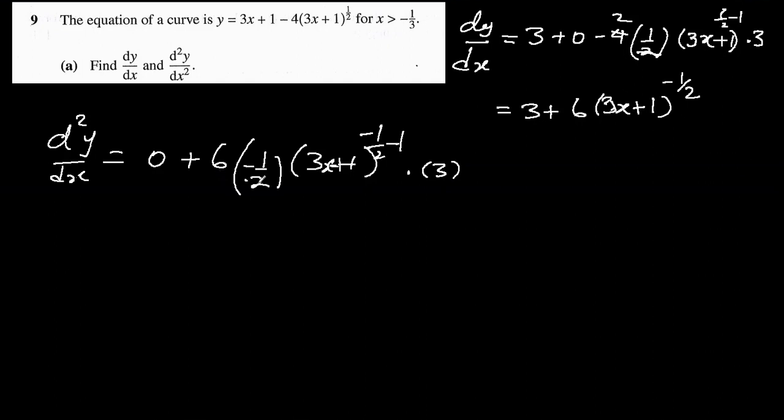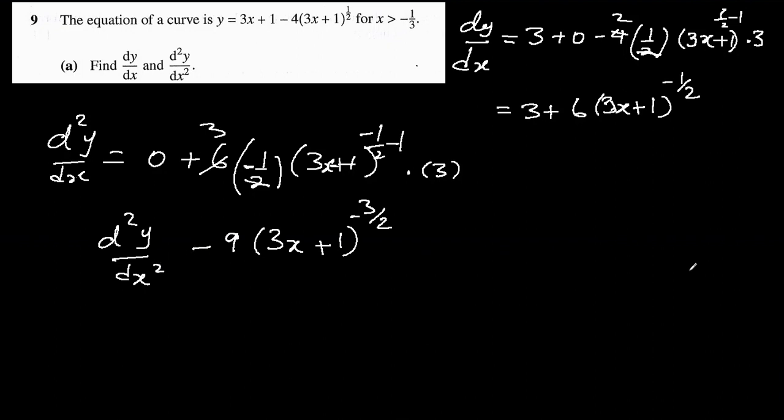So we get this and this cancel, and this negative will make it negative. So minus 9, 3x plus 1 to the power minus 3 over 2. That is the second